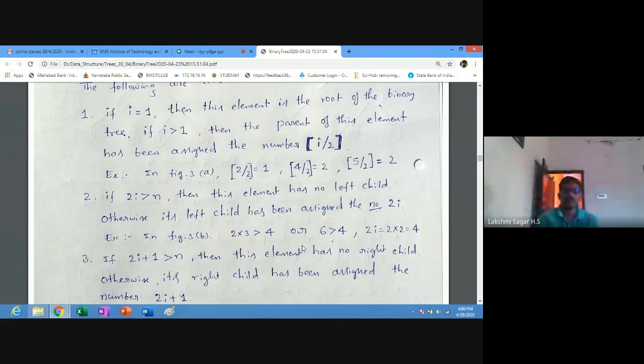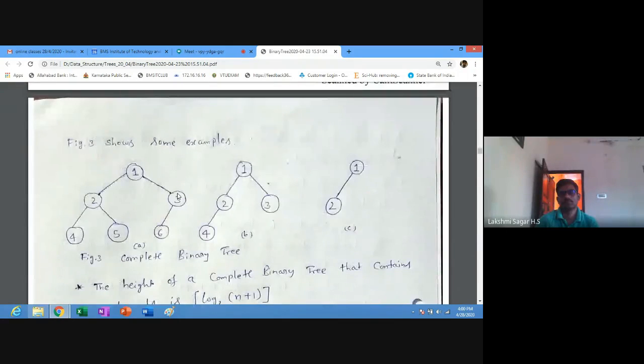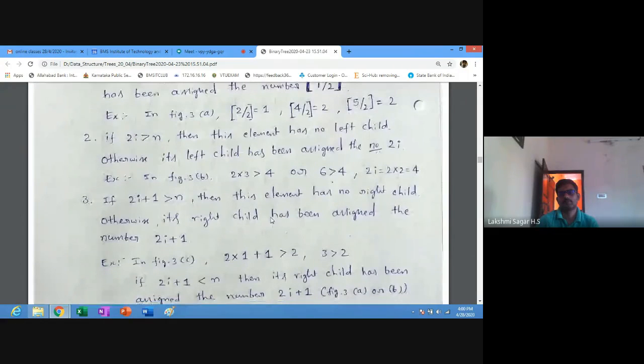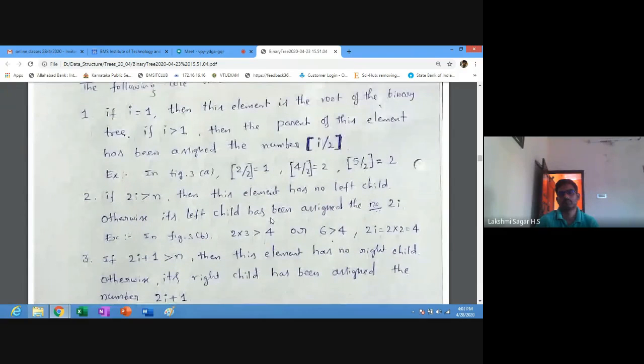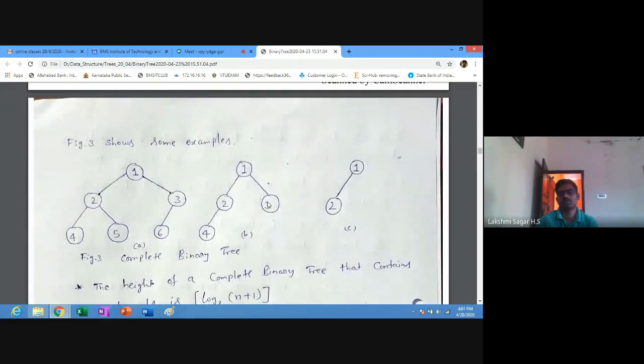Check this one in figure 3b. If 2i is greater than n, then this particular element has no left child. Here you can check in figure 3b.